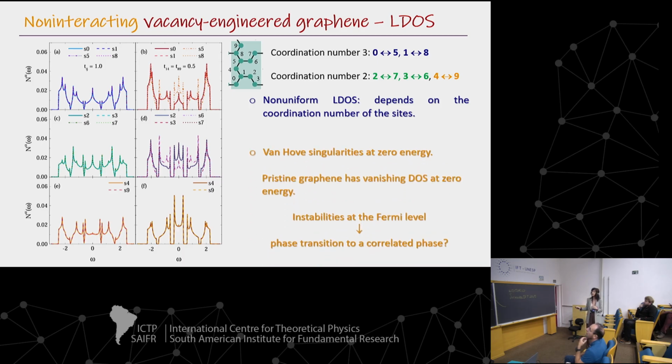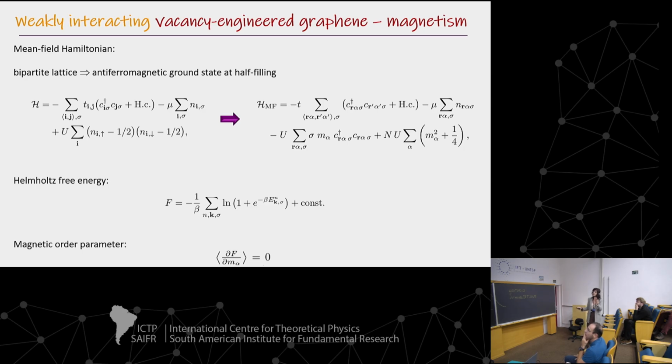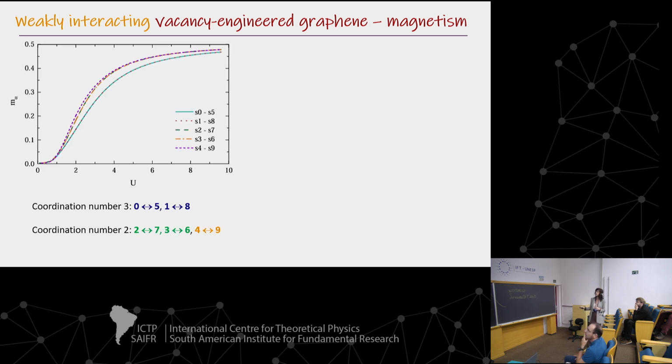But the important thing is the Van Hove singularity at zero energy, which means that there are instabilities at the Fermi level that give us space or hope that a correlated phase could develop in this material. And then we search the weakly interacting regime of this Hamiltonian by plugging in the Coulomb interaction. So in this weakly interacting regime, we'll do a mean field calculation, as you can see here, from which we calculate the Helmholtz free energy, and minimizing this energy, we get the magnetic order parameter,